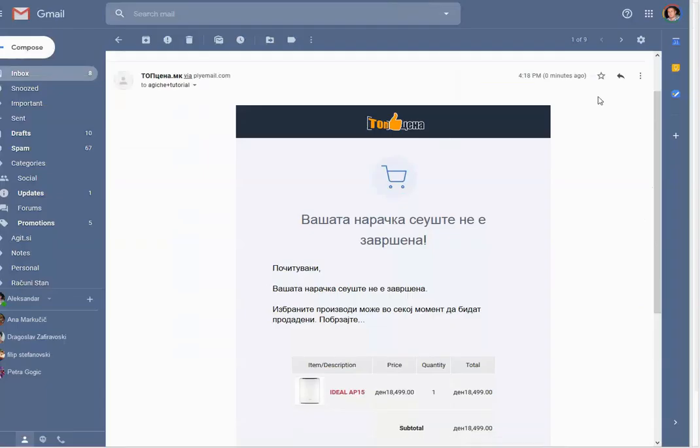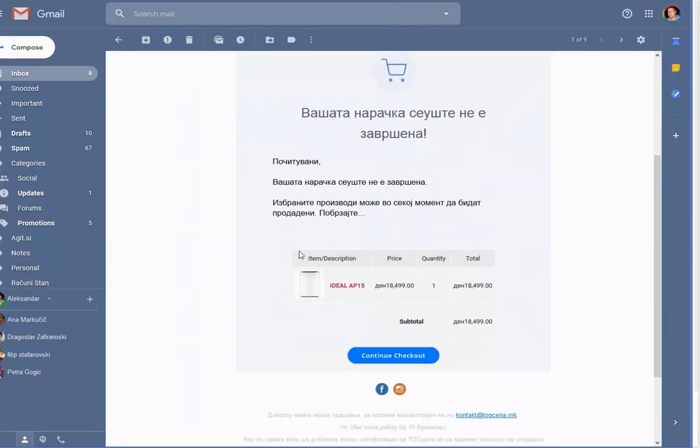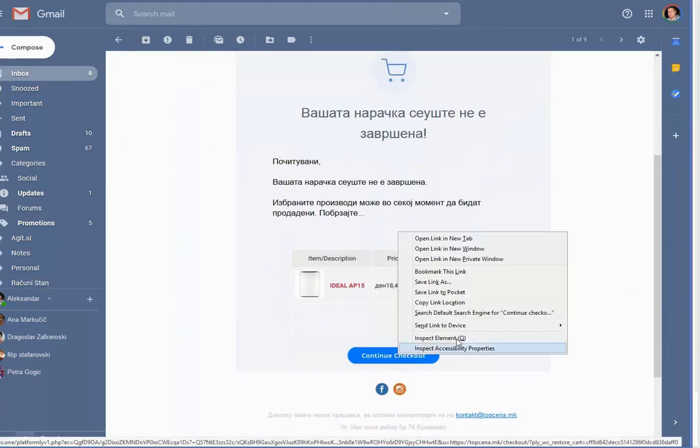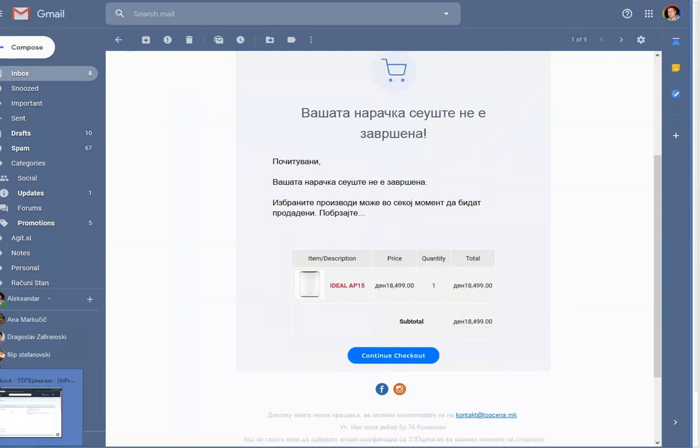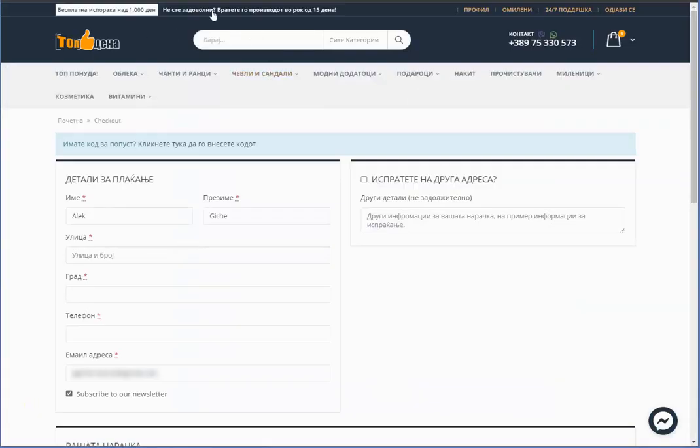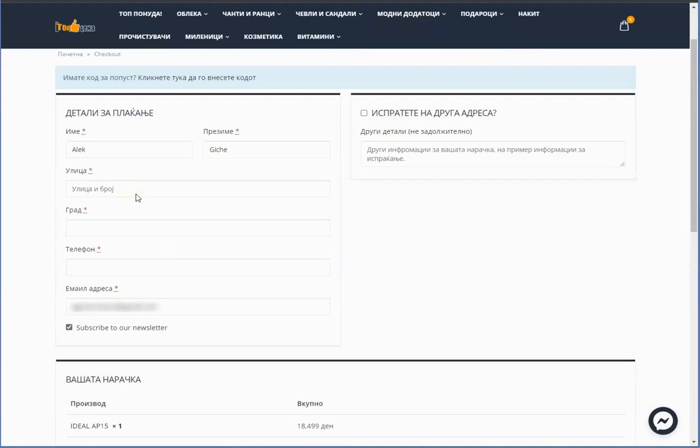Okay, so the email just came in, as you can see, the actual items and continue to checkout button, because we have only one button there. So I'm going to quickly copy the link URL and use it here where I was before. It will lead me to the view cart and I can complete the checkout, sorry, and I can complete